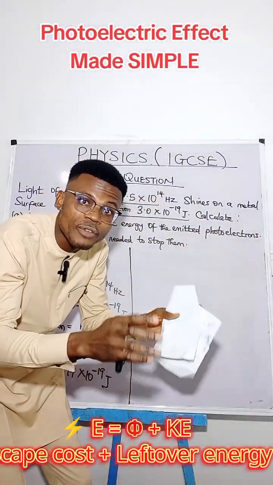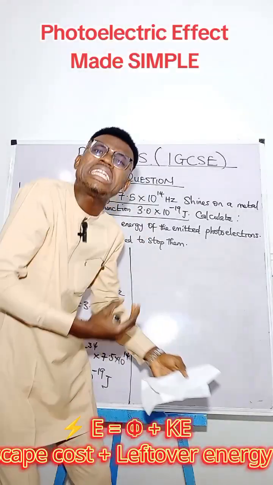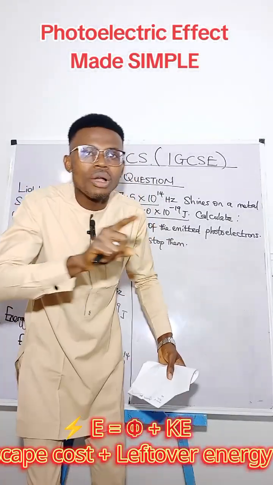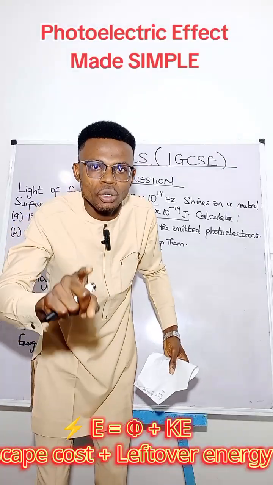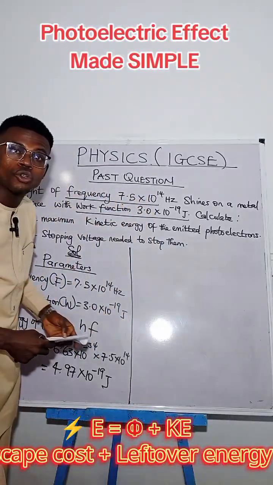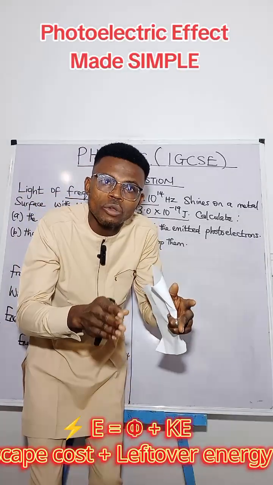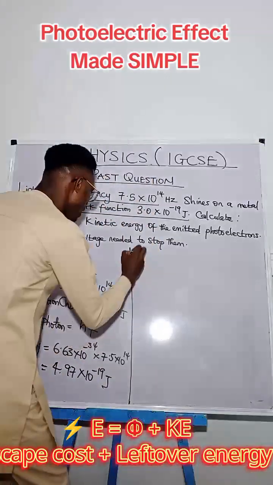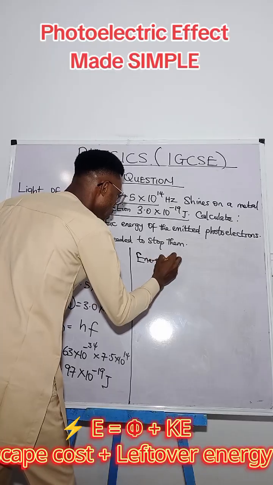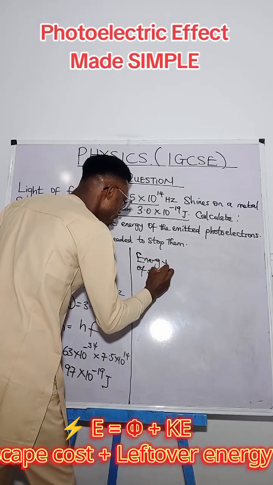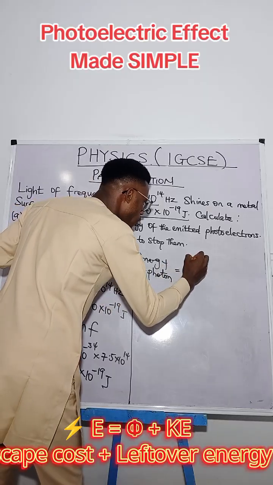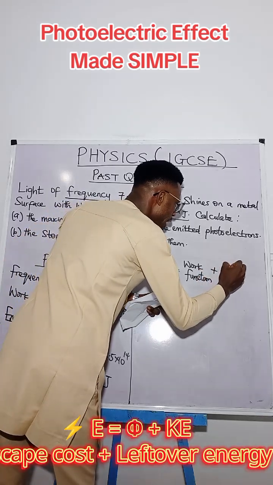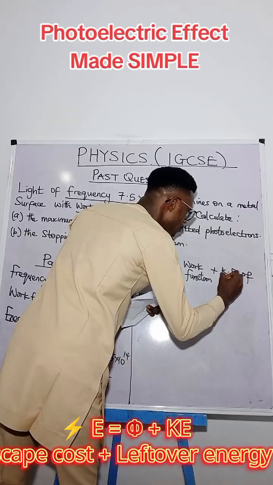Now, that quantity of energy that is first used to free the electrons from the metal is what we call the work function. Then what is left is now the speed of the electron. So therefore, this energy of photon equals work function plus the kinetic energy. So I can say energy of photon equals work function plus kinetic energy of